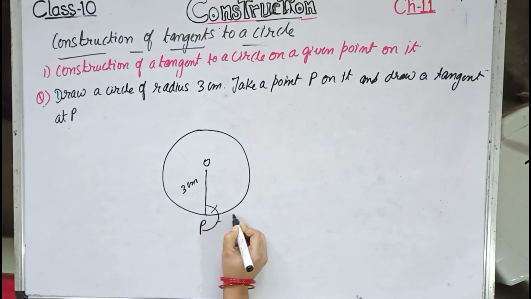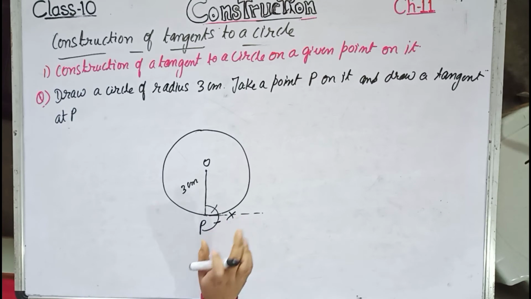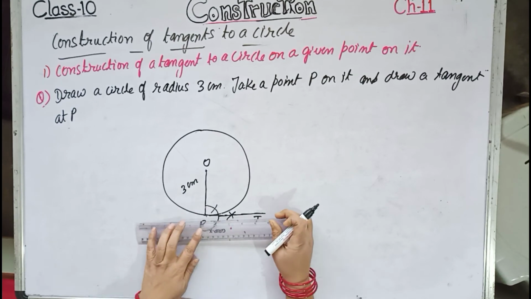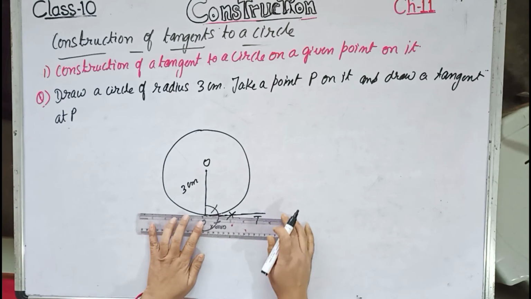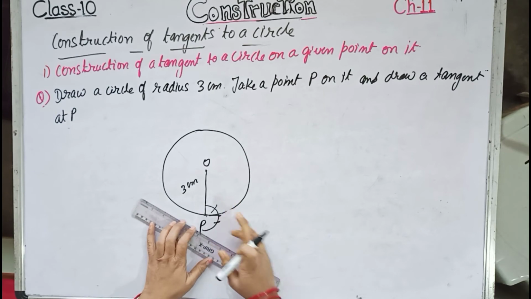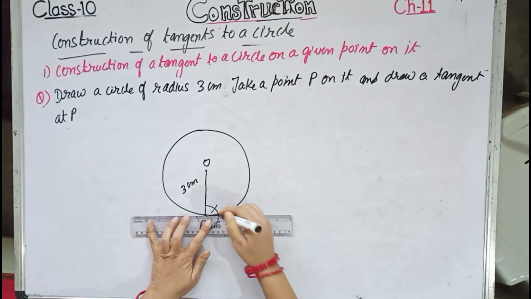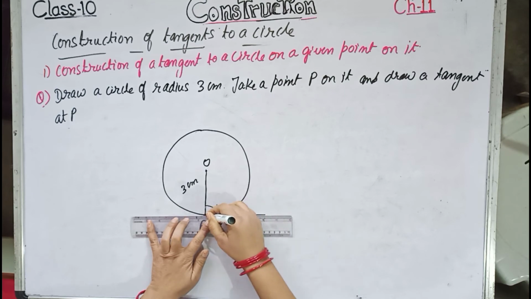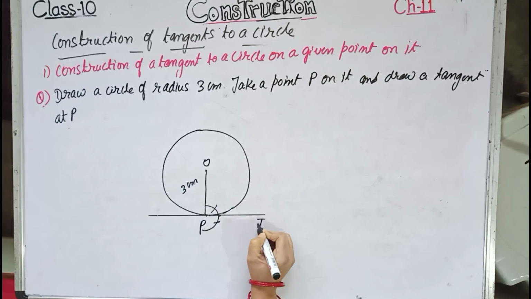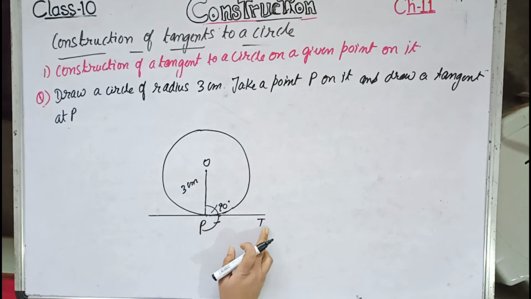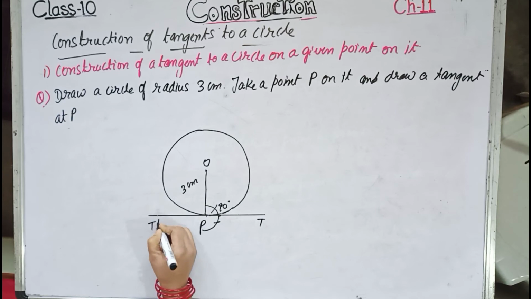So when you draw over here, the arcs will be coming like this. So you will be getting a line like this. Suppose it is T. Now with the help of your scale, extend this line this side as well. Mind that your construction should be neat and clean. So this one is 90 degree what we have drawn. So PT is the tangent. If we extend both the sides, PT dash.